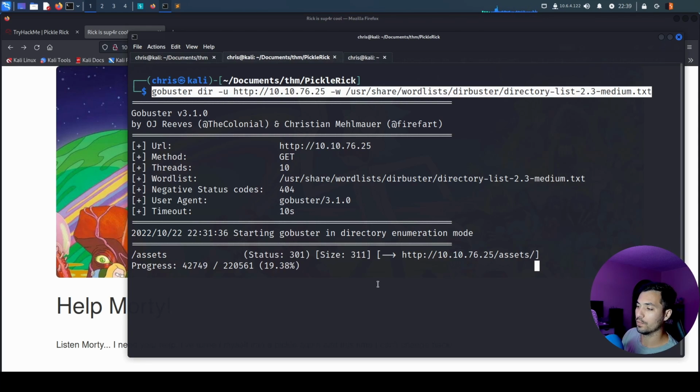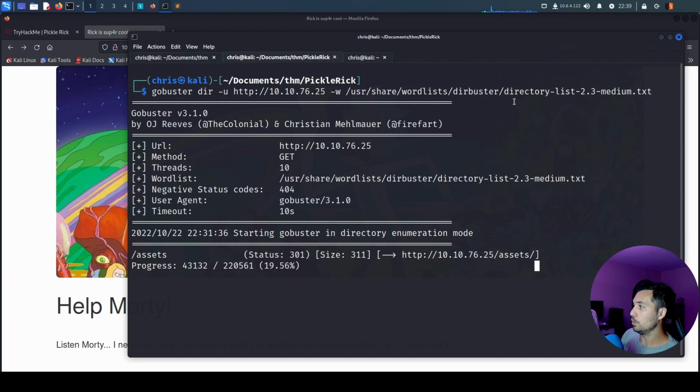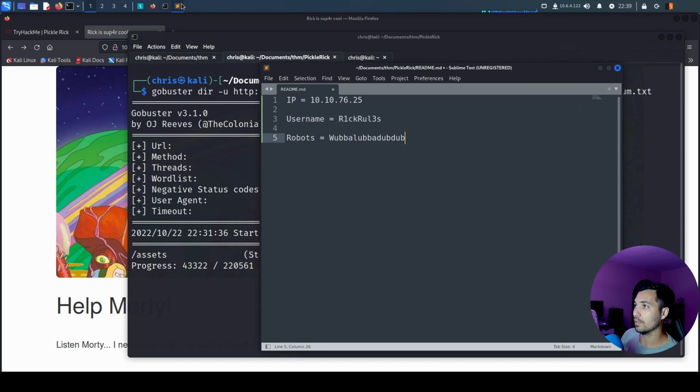All right, so I've let it run for a little bit, and we're not really gaining much traction. Now, assuming that the username is Rick Rules and that this is a password, it's a strong assumption, but you know, half the time when you're trying to do any sort of pen testing or hacking, you're just throwing things out and just seeing what sticks, right? So, assuming this is the combination,